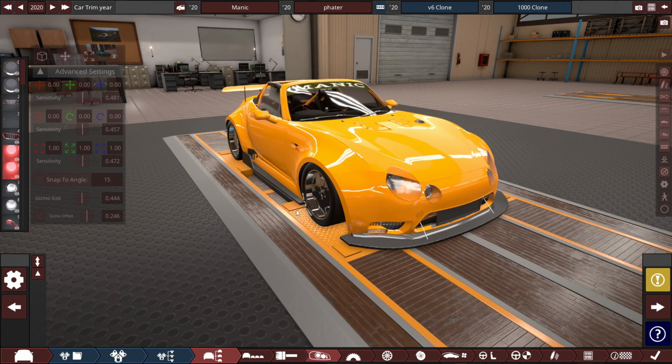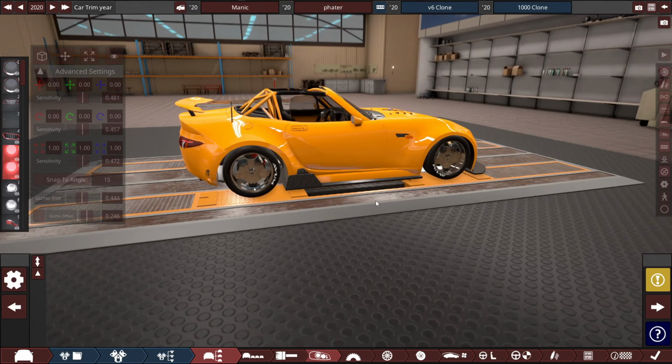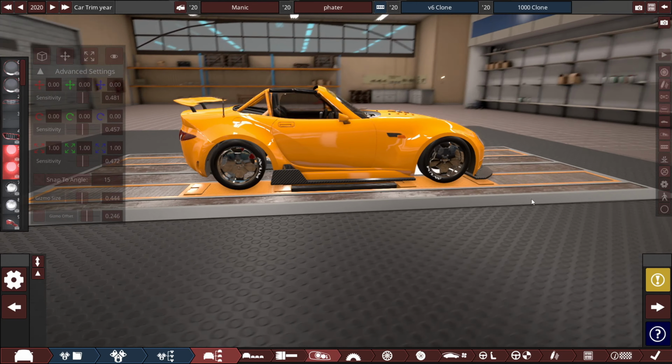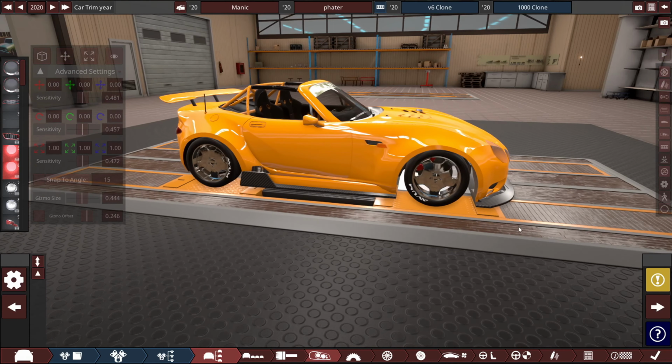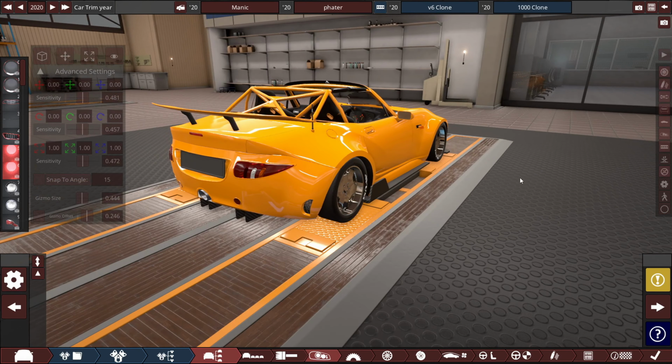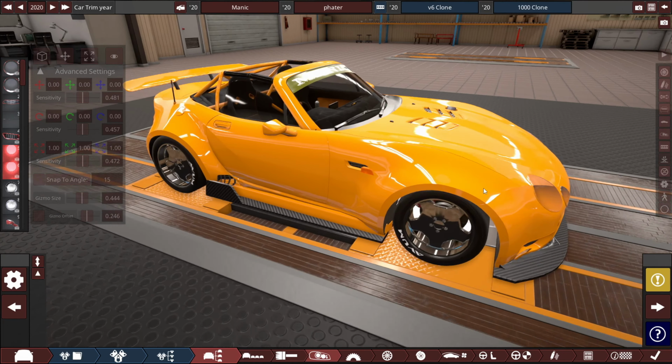What we're talking about today is the common issue. You've made a beautiful car in Automation. The stats are amazing. You've got 1,000 brake horsepower, you're running a V6 or V8, something really chunky, and you've got lots of flames that could come out the back and all that. It's awesome, right? You export it to BeamNG,